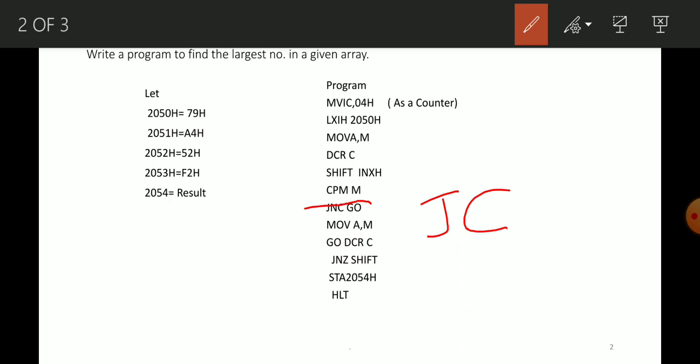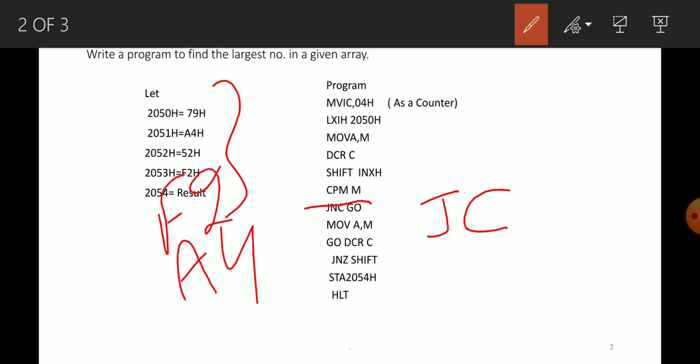That means, like in this programming, you first have to find the largest number in the given data array, like F2, then A4, then 79, then 52.